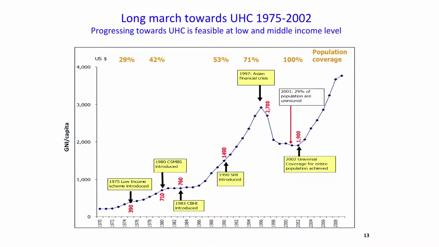by Bangkok. Today we have three schemes: the government employee scheme, which is tax financed; social health insurance, which is payroll tax financed; and for the remaining population, a tax-financed scheme. So the total financing source is more or less dominated by tax finance, and with a decently comprehensive benefit package, catastrophic spending and health impoverishment are quite low.